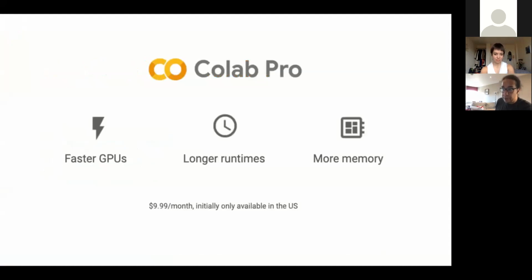We also have Colab Pro, which gives you the best GPUs possible. We give longer runtimes and more memory, but this is only available in the US as of now. And if you're here in the UK or in Europe in general, you don't have access to that. So if you need to use Colab in longer ways, you should use it with your Google Cloud Platform account. Then you can create a VM and start a Colab inside GCP, and then it's your own VM. You can do whatever you want. You can configure it any way you want. But Colab Pro, we are trying to bring to every country, so whenever it's available in Europe, we'll announce it, definitely.